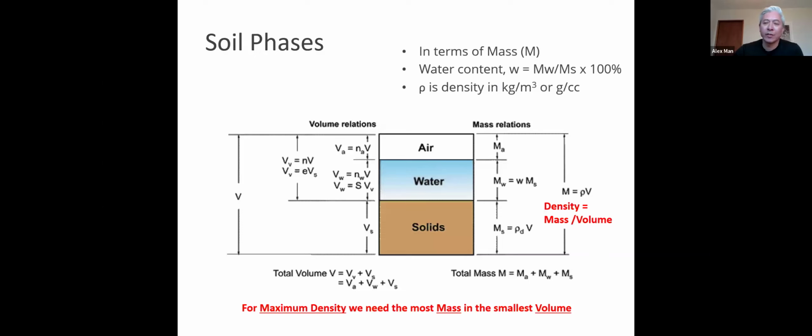Now we can take the sketch to define density as mass per unit volume. And for most engineering or trail projects, we want to maximize that density. So how do we do that? We basically have to get all that air out and have the right amount of water. So we want to get those particles as tight as possible together. And yeah, the easiest way is getting that air out. Also, depending on how much water is in there, sometimes you have too much, sometimes there's not enough, and we'll get to that.